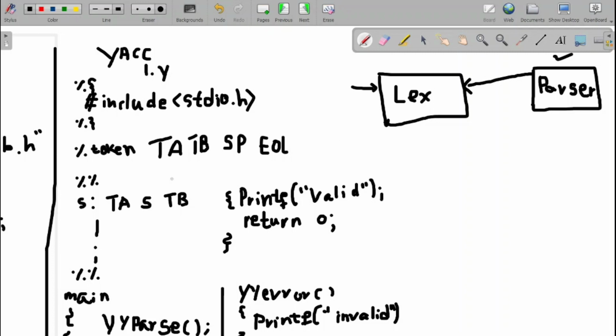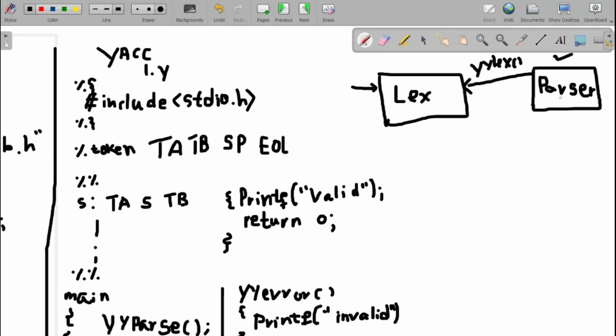Suppose here, Yacc needs the token A. From where should it get the token? It should get the tokens from the lexer. So it is going to call the function yylex. When the parser calls the lex, the lex should give the token to the parser. Should I give it in hand? No, I can't give it in hand. These two are functions.